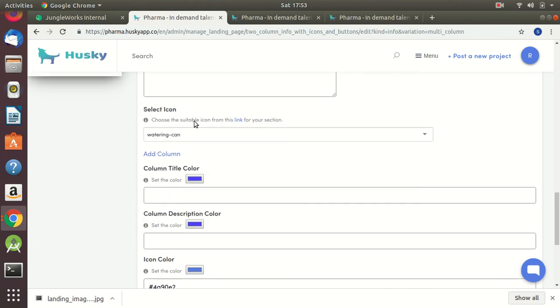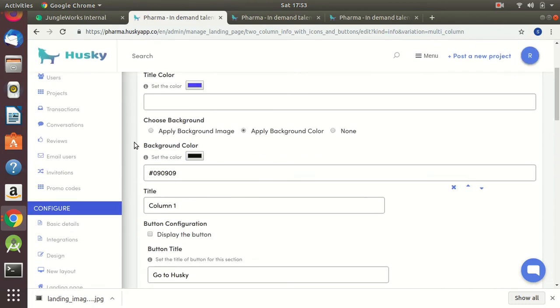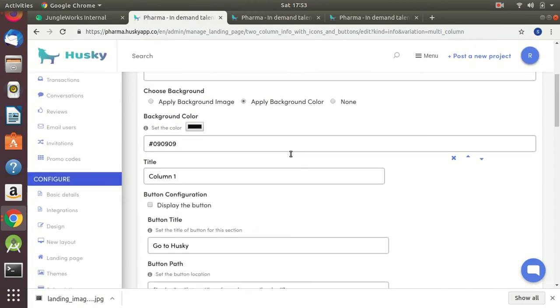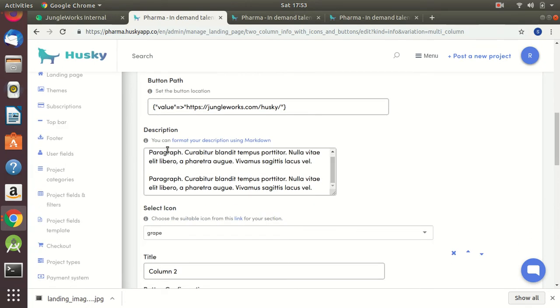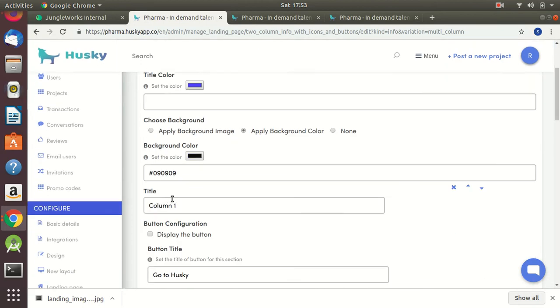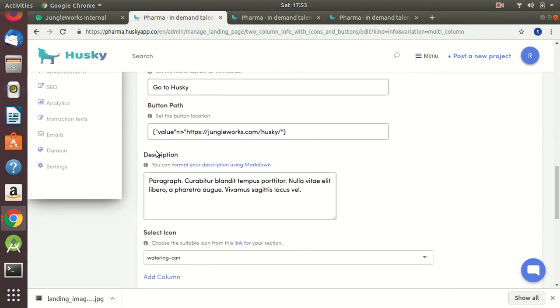So in this section there will be a title, there will be a title color. We can apply a background image or a background color if we want. We can display a button in each and every column. So this is the first particular column, and there will be a button, description. So likewise,